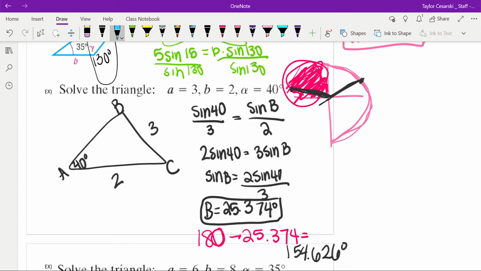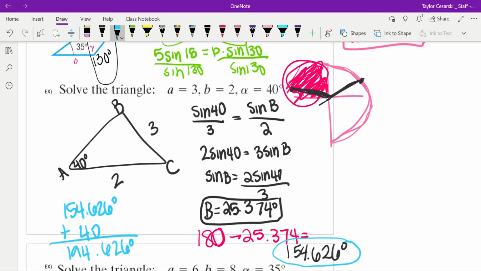Now, here's what we have to do though. We have to ask, can angle B equal 154.626 degrees? Well, let's plug it in. If we plug in 154.626 degrees, and we add in angle A, plus 40 degrees, and we add it up, I know that's going to equal